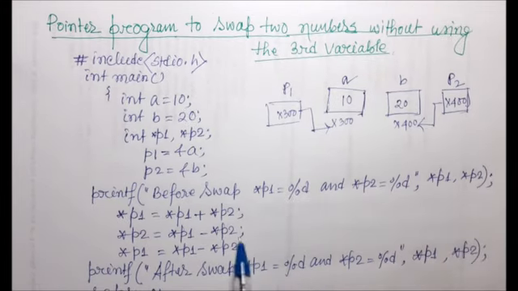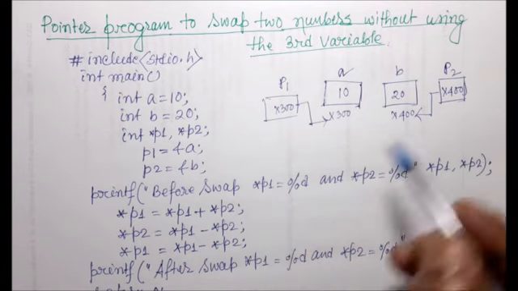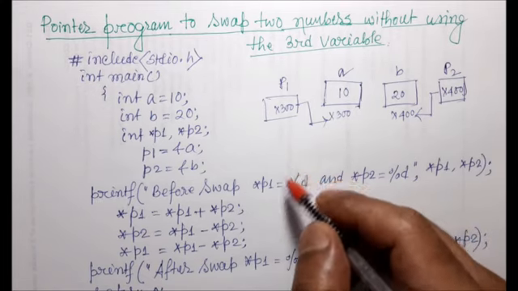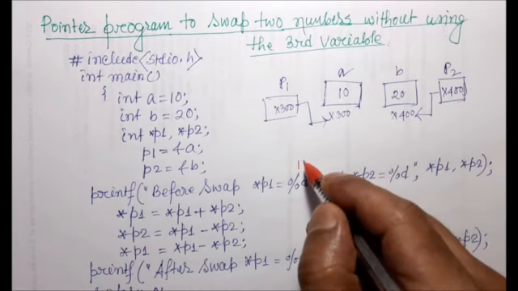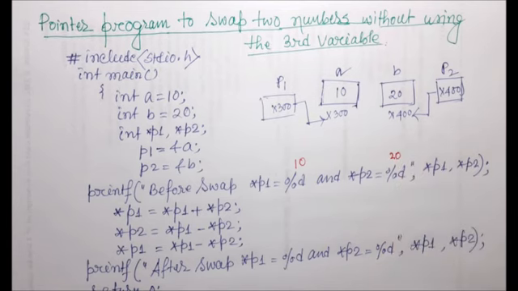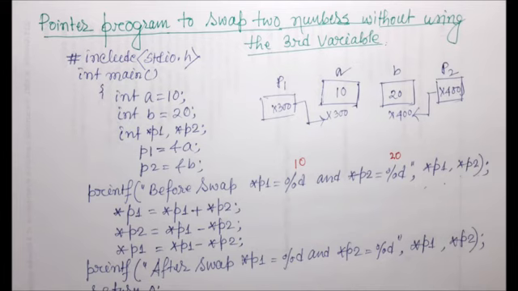Before swapping, what is the value of p1? I will get the output here. P1 value is 10 and P2 value is 20, right? Because I have used value at P1 and value at P2. Value at P1 is 10 and value at P2 is 20, right? So before the swap the values are 10 and 20, and my target is to exchange the value